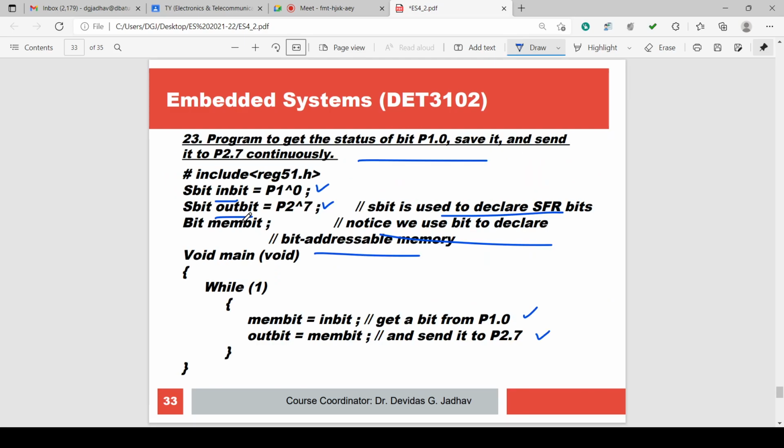These are the bit addressable memories. Then in the main program, membit, memory bit, inbit. Get the bit from P1^0. Outbit is equal to membit. So whatever the memory bit is, this is assigned to outbit and sent to P2.7. Outbit is 2.7. So get the value from 1.0 and send it to 2.7. Very simple.